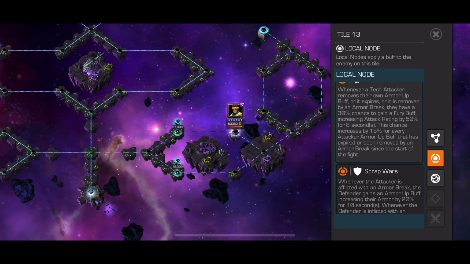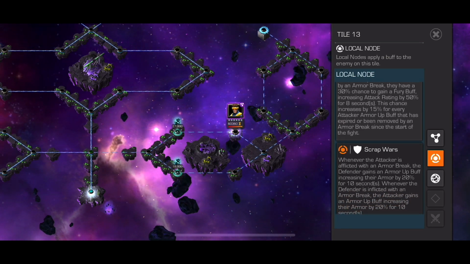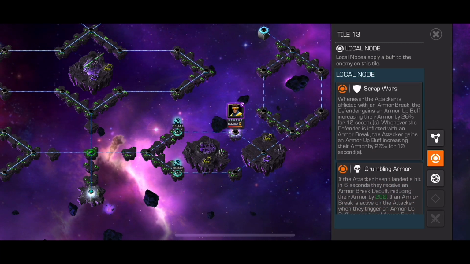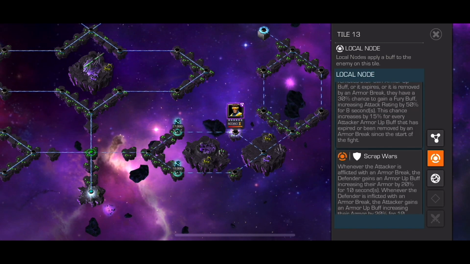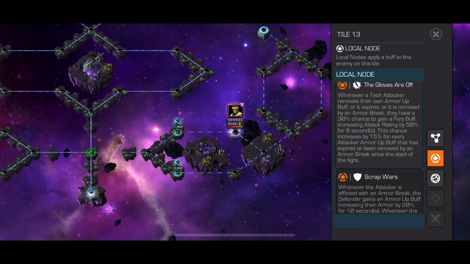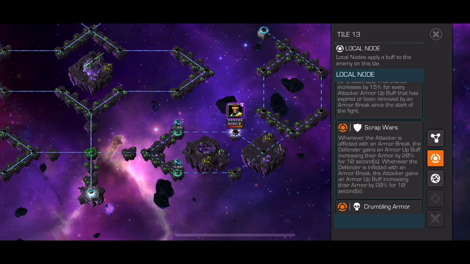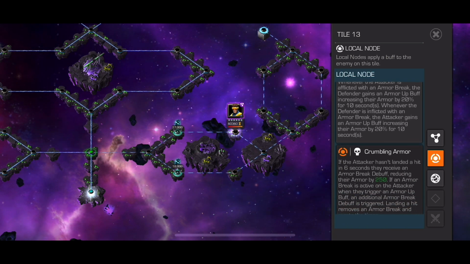So, the path that I'm going to take is going to take out the power looper node, which reduces the loop duration by 15%. As far as the nodes on this path, it's got the gloves are off, scrap wars, crumbling armor, enhanced parry armor, and bubble shield. So basically, you will get